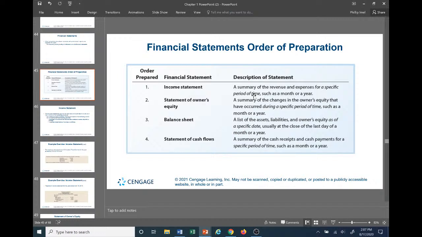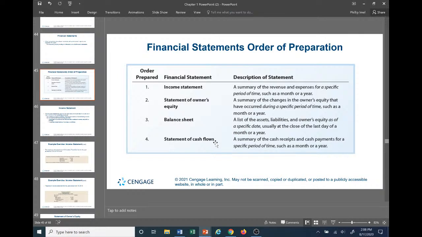So the performance of a company, which takes place on an income statement, which is measured for a specific period of time, all closes and directly relates to the statement of owner's equity. Because that performance, the owner's equity is just like a compilation of all the performances from period to period to period, all added to it. It's closed. That's what it means to close. The results are closed, so you can start a new period. So that's why the statement of owner's equity is summarizing the changes in owner's equity that have occurred during a specific time period, because it relates to the changes on the income statement, okay?